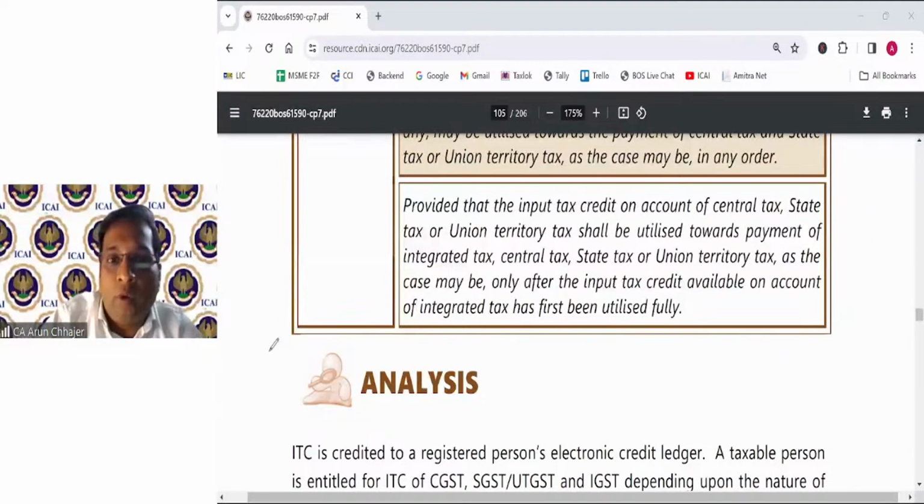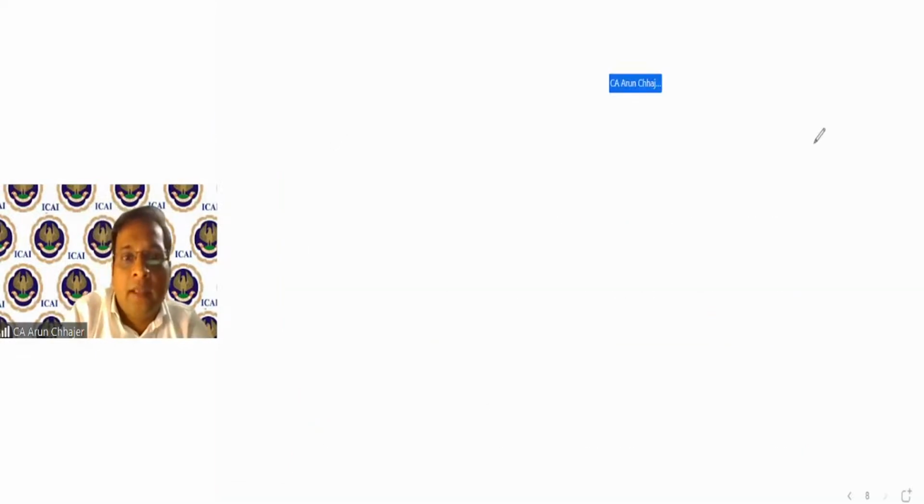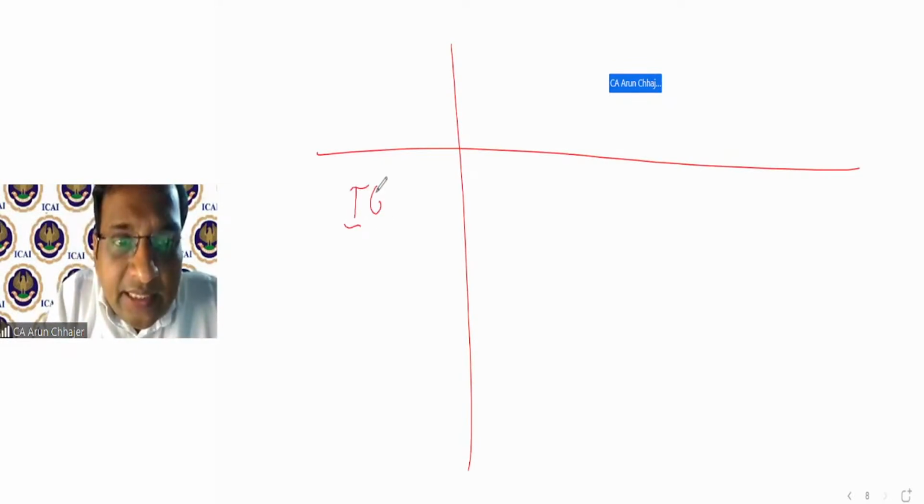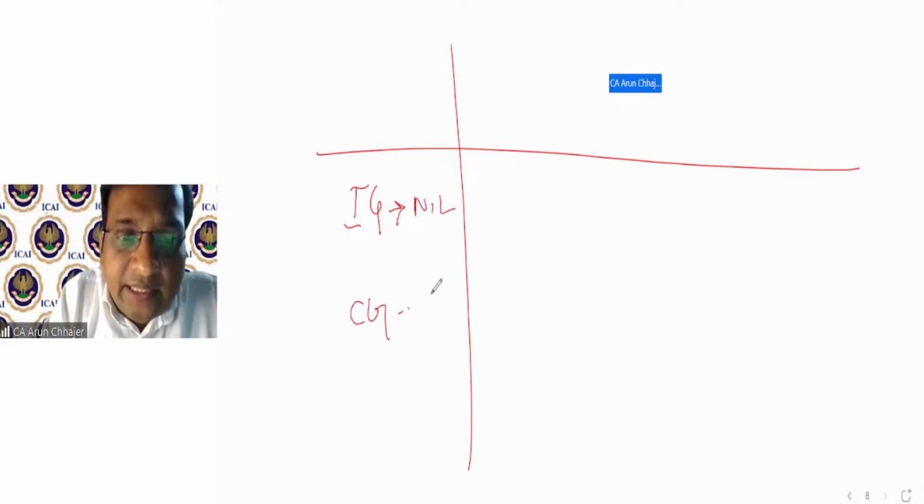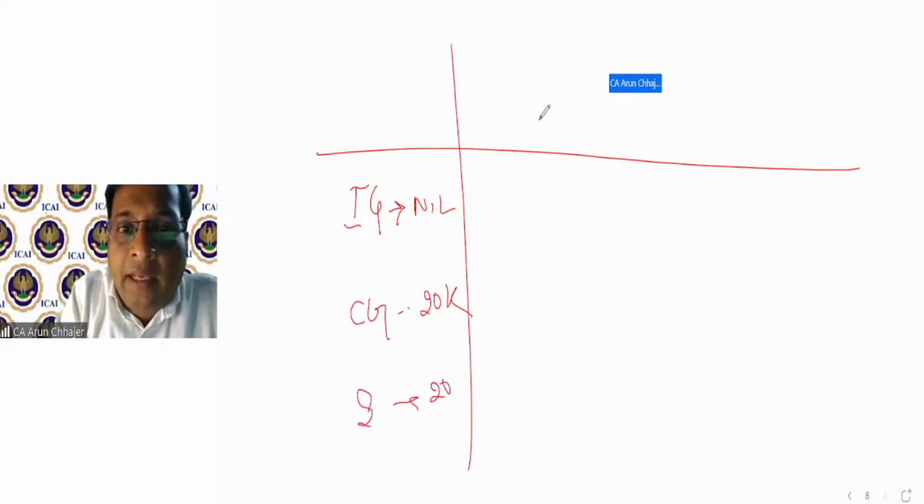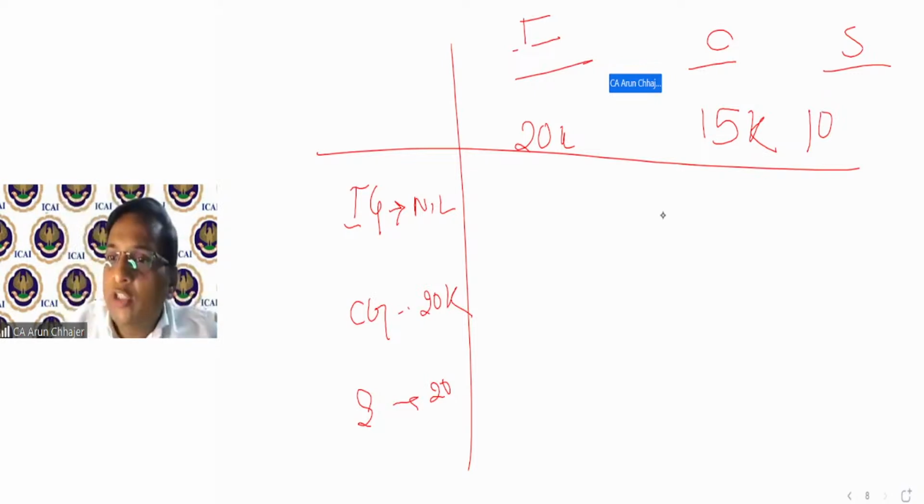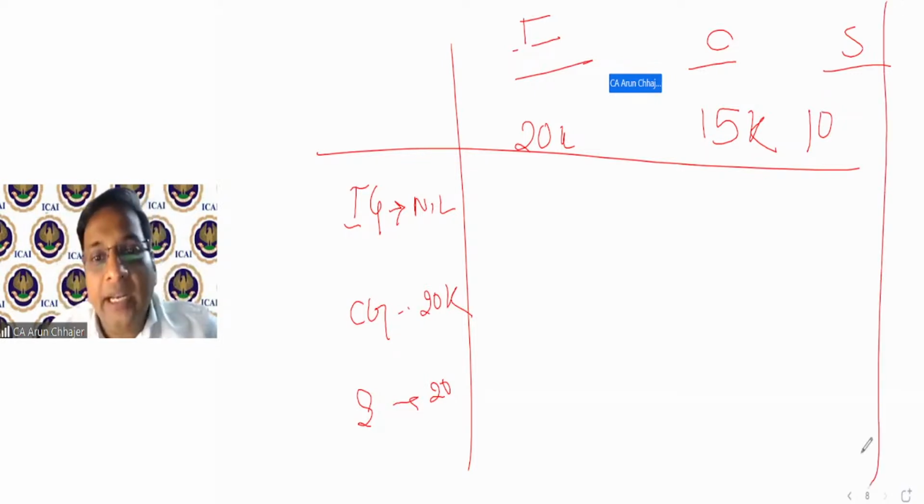Let me ask one simple example to all of you. Again, this is IGST ka liability, let's say nil. CGST ka liability, let's say 20,000. SGST ka liability, let's say 20,000. I has the ITC of 20,000. C has the ITC of 15,000 and S has the ITC of 10,000. My question to all of you, you calculate and tell me,